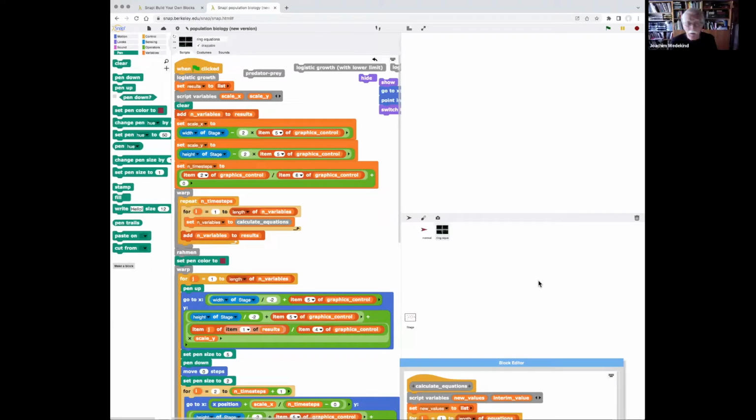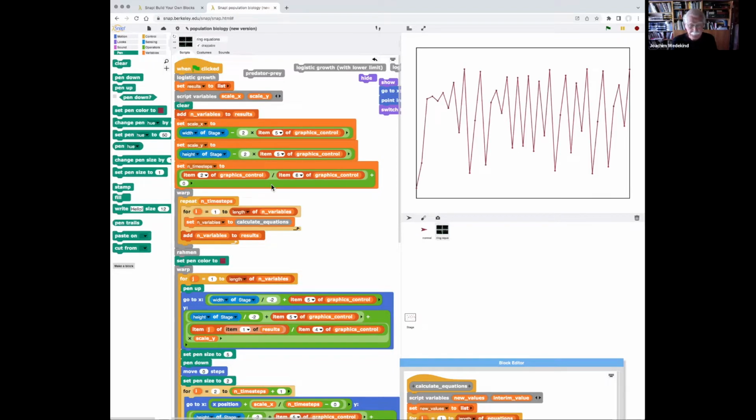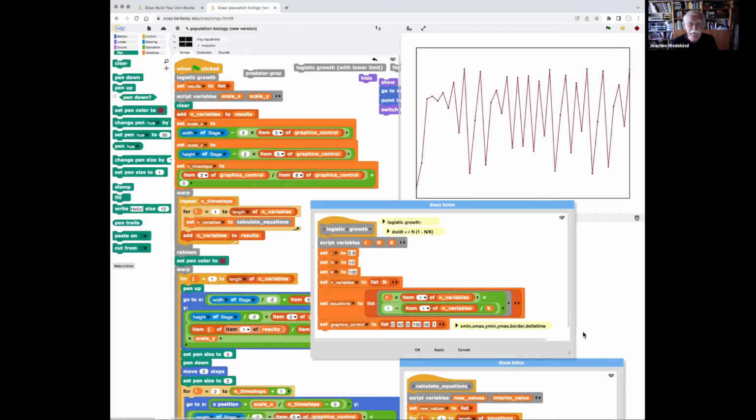I recently wanted to create some population biology models, which I used decades ago, and this time, of course, in Snap. My first example is the simplest model, the logistic growth, like the growth of a bacterial culture. If you open it, you can see here the equation of the